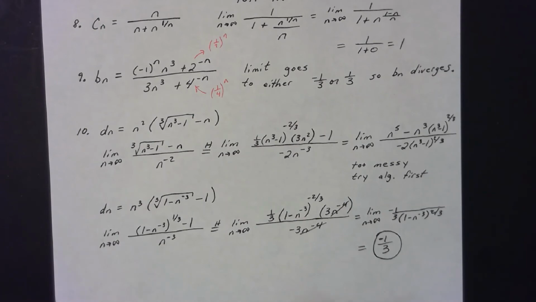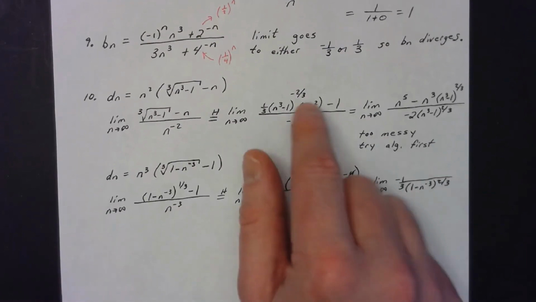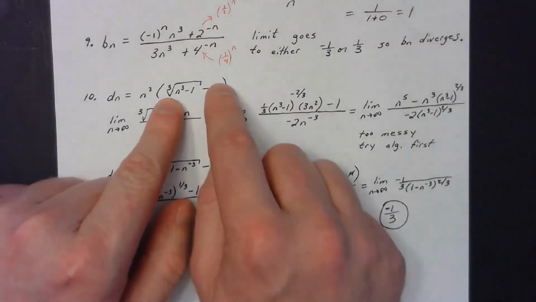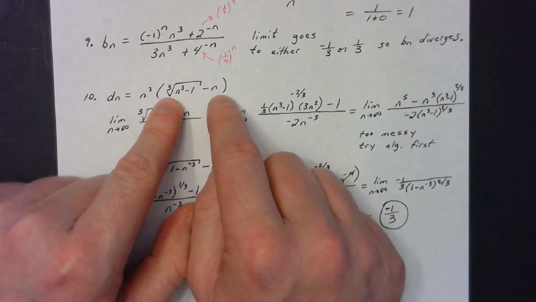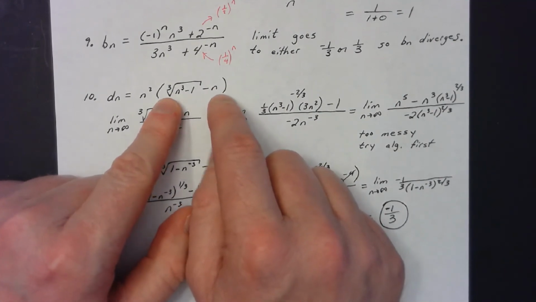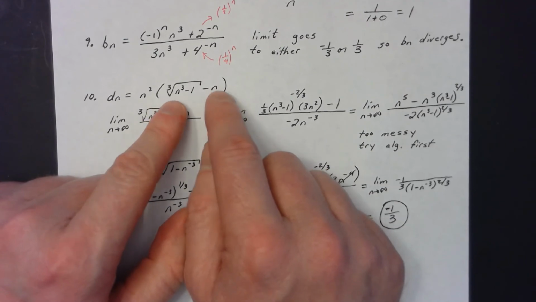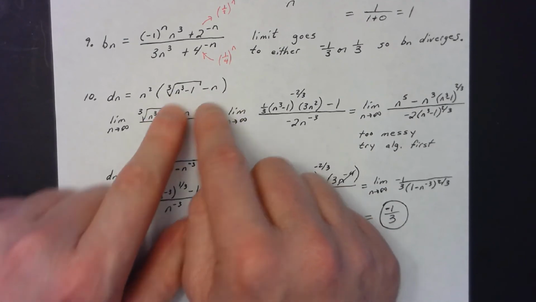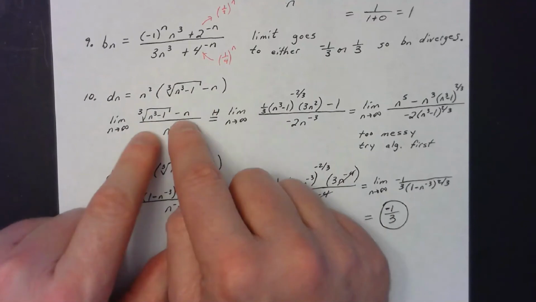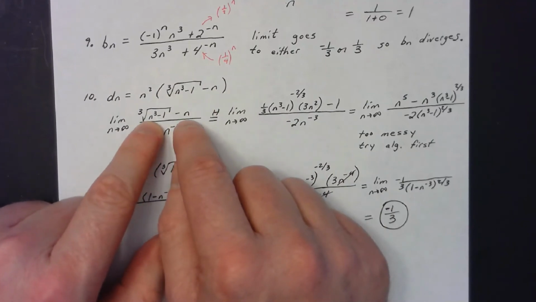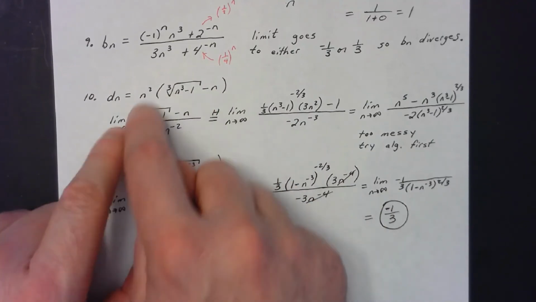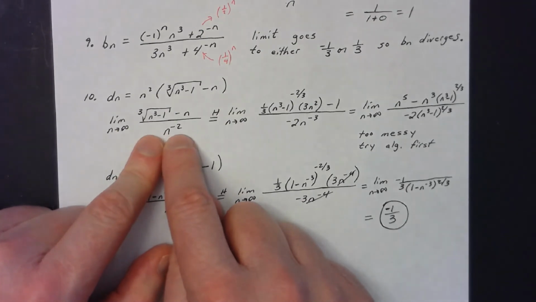This last one, you'll see where the normal way that you would do a problem like this is you'd say, well, I would like to set up a fraction and use L'Hopital to try to determine whether this limit's going to infinity or some finite value. So the way that you would normally set up something like this, I'll say, well, I'm just going to leave that group in the numerator. I need to make a fraction of it, so I put an n to the negative 2 in the denominator.